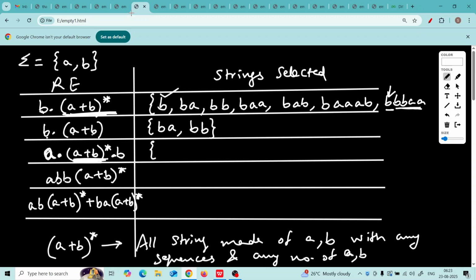So which strings will be selected? Will A get selected? No. First of all, will epsilon get selected? Think of this. Epsilon, the empty string? No. Because the string must have A at the beginning and B at the end. Will A get selected? No. Although A begins with A, A doesn't end with B. Will B get selected? No. Although B ends with B, the A is not there. Come on, what will be selected? AB will be selected. Now you note, AB is a string which begins with A, ends with B, and in between we have nothing. I'll write it again over here.